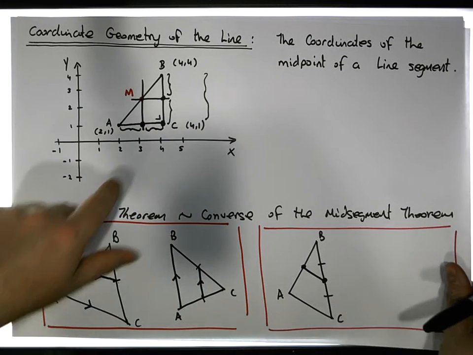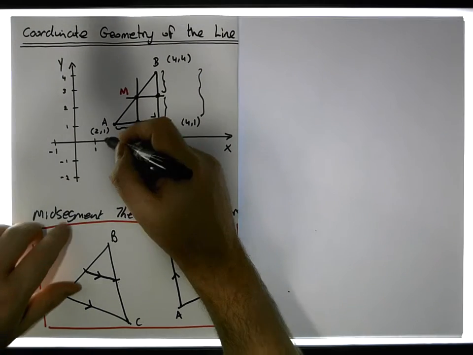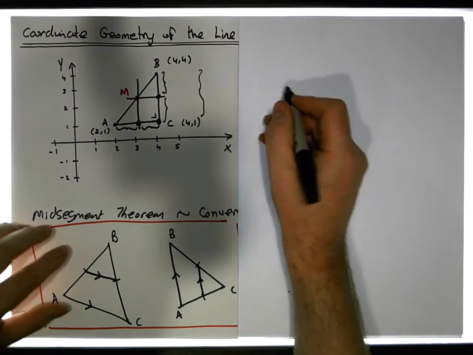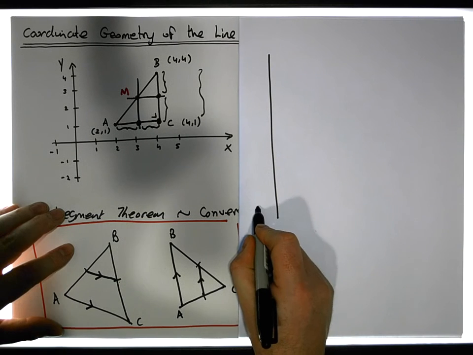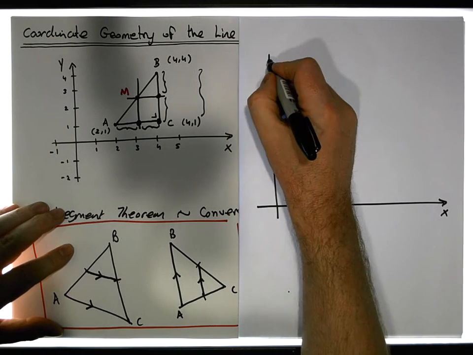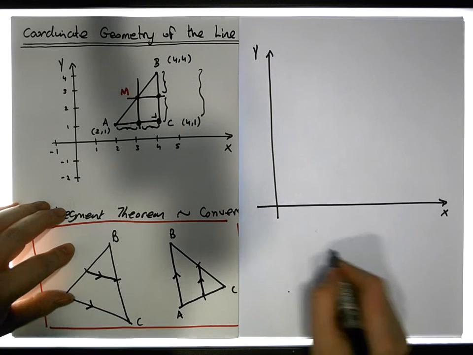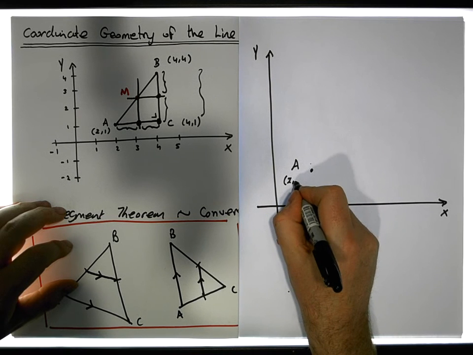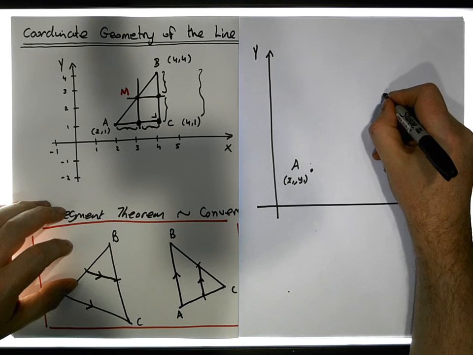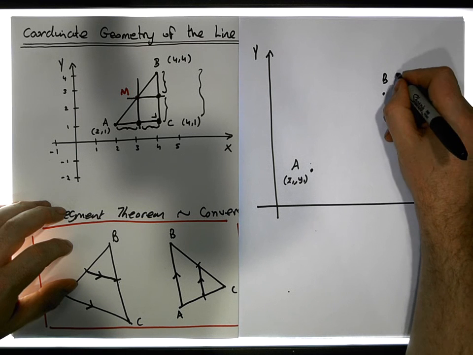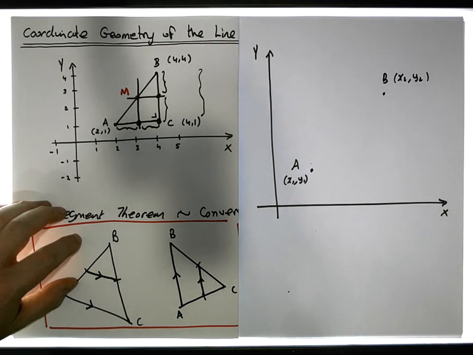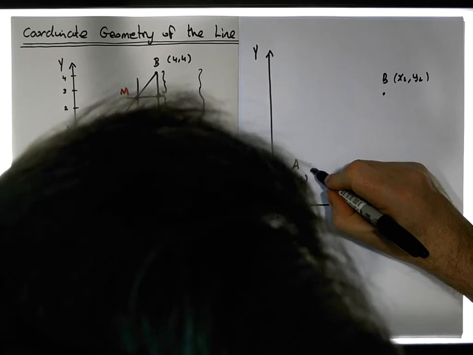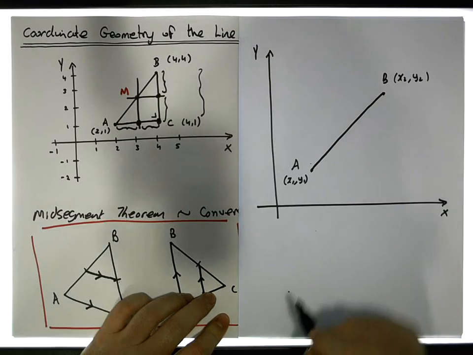So what I'm going to do is start to generalize. Let me take this here and generalize to a larger triangle, with coordinates x1, y1 and x2, y2. So let me create an xy axis. I'll create this a little bit bigger so that it's more helpful. Let's say we have a point in space here, A, symbolized by x1, y1, and we have another point in space here, B, represented by x2, y2. And what we do is produce a line segment between these two points, and what we want to